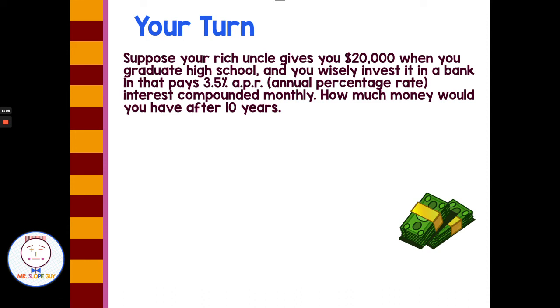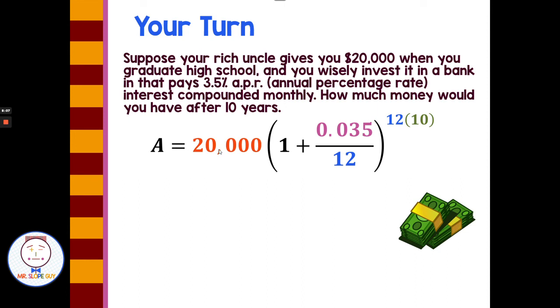All right, so we have $20,000 for our principal. We have 0.035 as our percentage rate, as a decimal, divided by 12. See, this one is monthly. So notice how the blue numbers are 12. So we have 12 and over 10 years, so it's going to do 120 times. It's going to pay this small percentage rate, but it pays it so many times that